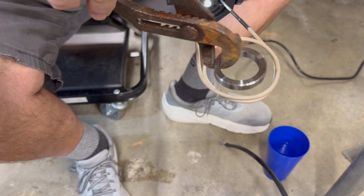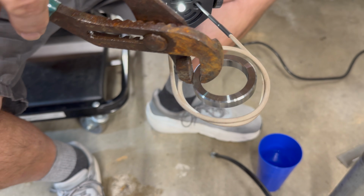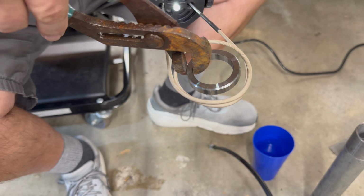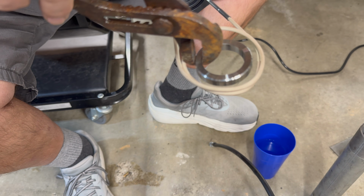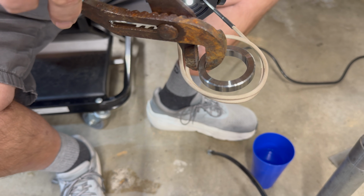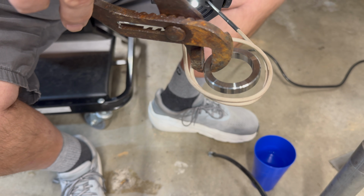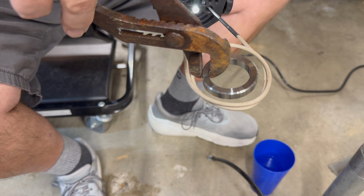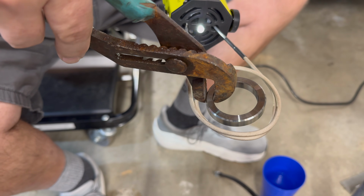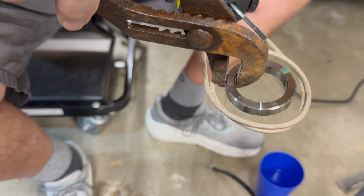All right, we are using this, I think is the coolest tool in the world. It's like a mini inductor. And so basically that ring, that wire that wraps around gets super hot, and you're gonna watch this retaining ring start to change colors. And I think it's starting a little bit now. So basically you use the pliers, you hold it down, and wait till we get this thing super hot. It's almost gonna be like a bluish color, and it doesn't take